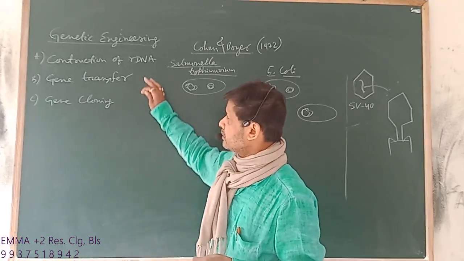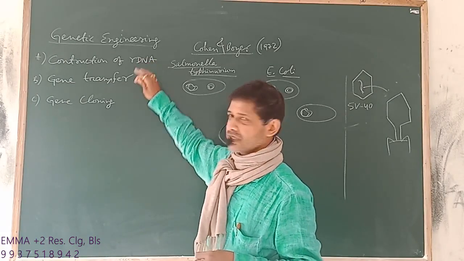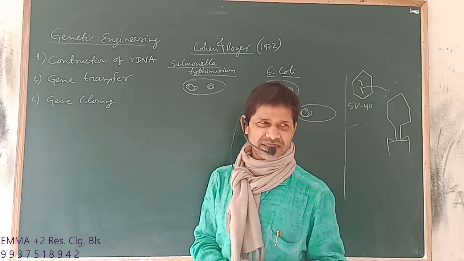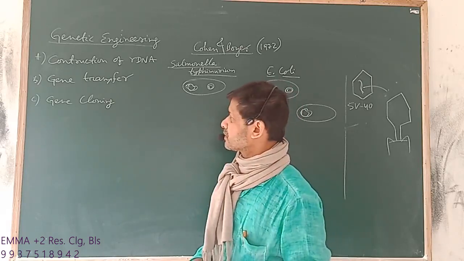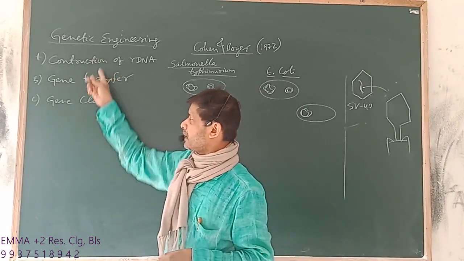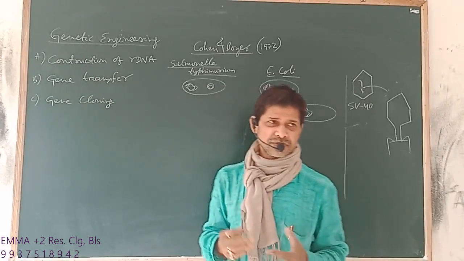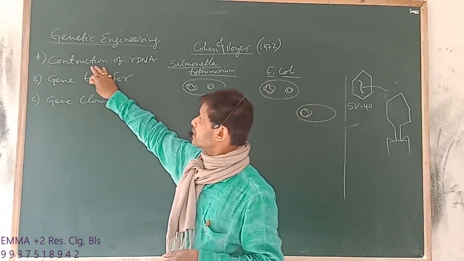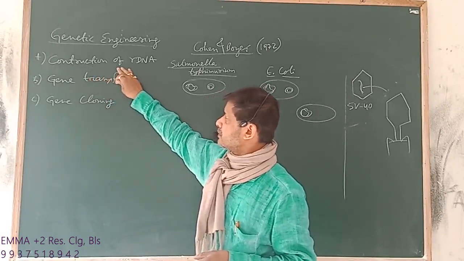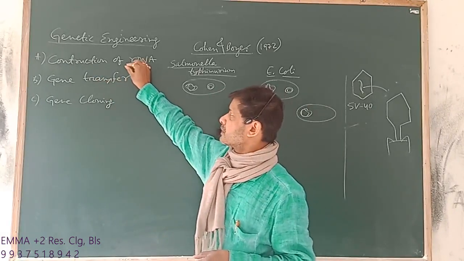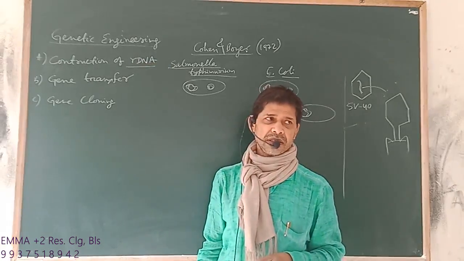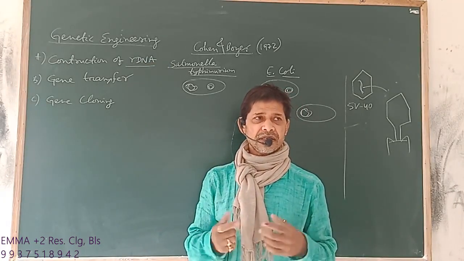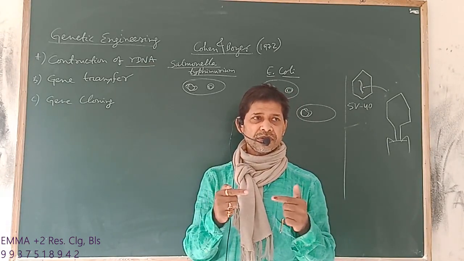Today we will continue the genetic engineering. In the last few classes, we discussed the first two major steps of genetic engineering. In the first step, we have to construct a recombinant DNA. Recombinant DNA means the DNA that is created by joining two different